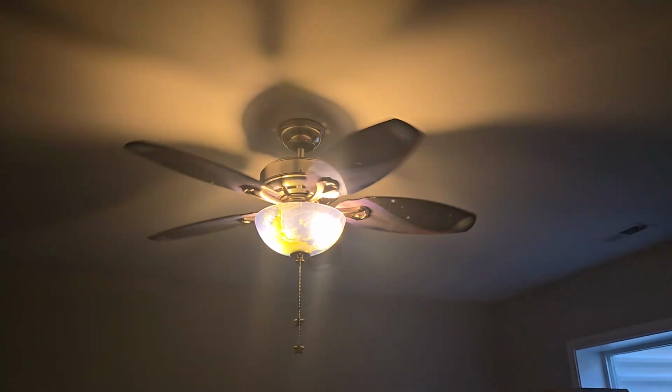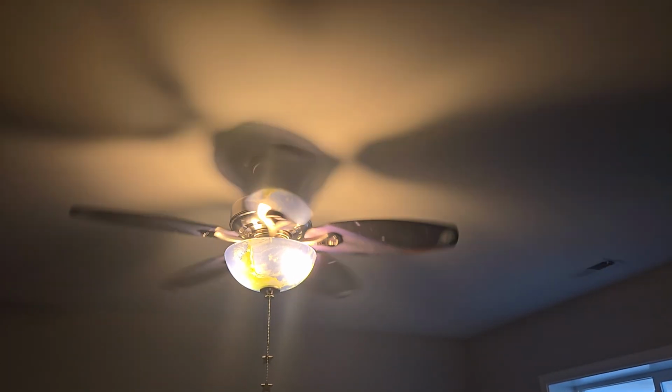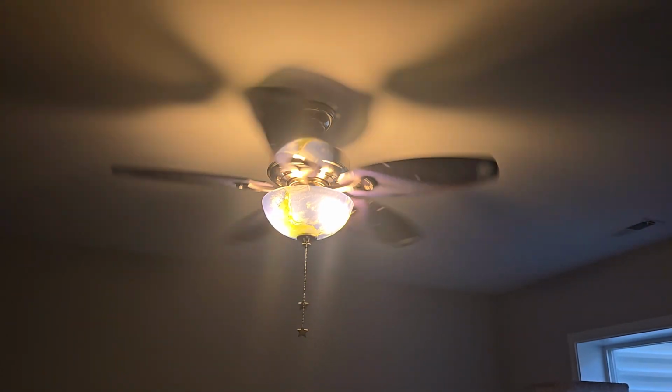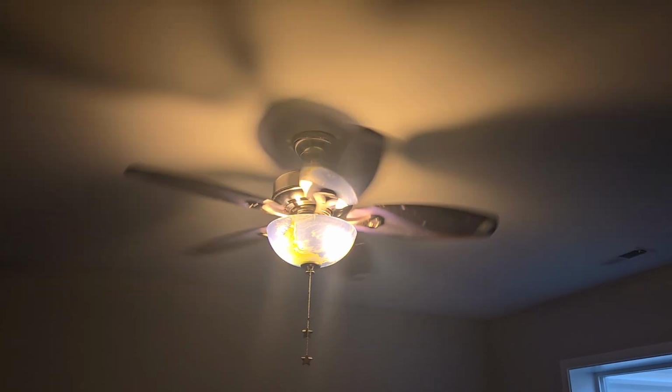One of the first ceiling fans of my collection. I think this was fan number 6 in my collection. It's kind of nostalgic watching it run like this. I haven't seen it run like this in a while. Anyways,